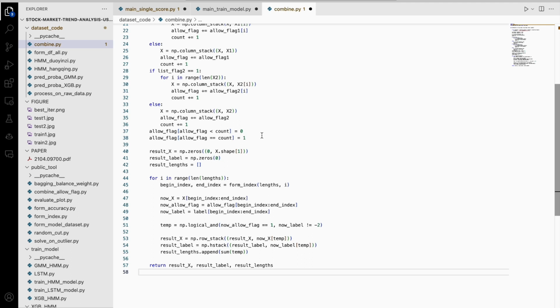It determines whether the input data comes in list format, and accordingly loops through the lists to stack the data horizontally in the X matrix, and accumulates the corresponding allow flags. If the inputs are not lists, it performs similar operations without looping. The accumulated allow flag array is then processed to create a filter, setting the flag to 0 where the element count is less than the number of inputs combined, and to 1 where the count is equal to the number